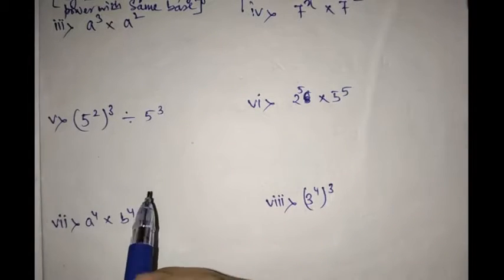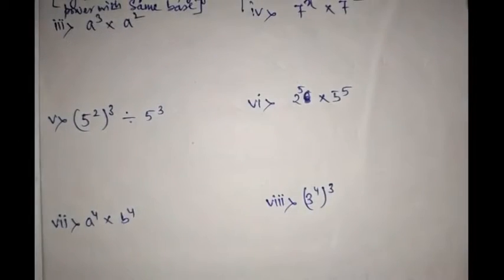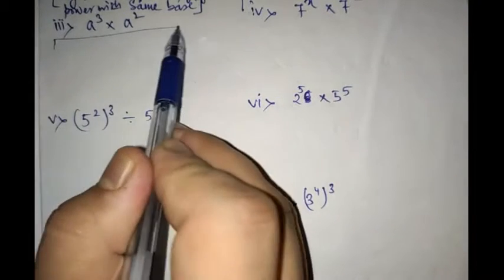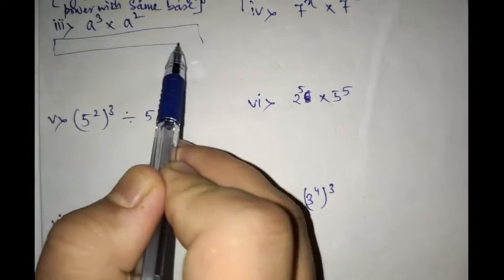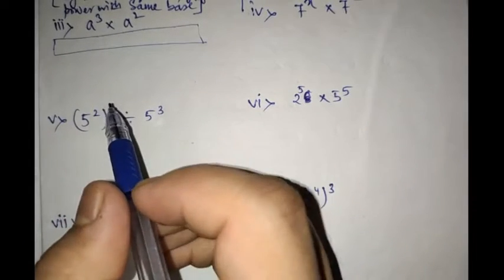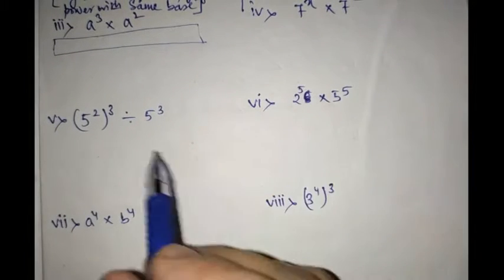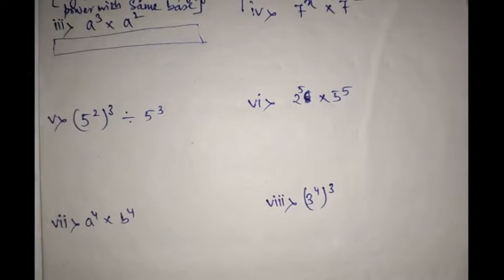Alright student, here we have the part 3 question. a cube a square. So what rule are you going to use? You will write it first of all here. I am not going to write here. This is your work. You will show me what rule you are going to write here. Okay, in every step I'll be leaving this gap for you all to write the rule. I have already made you understand what the rules are. Rule of multiplication when powers are there, same base. Rule of dividing the powers having the same base, and rule when there is power on power.